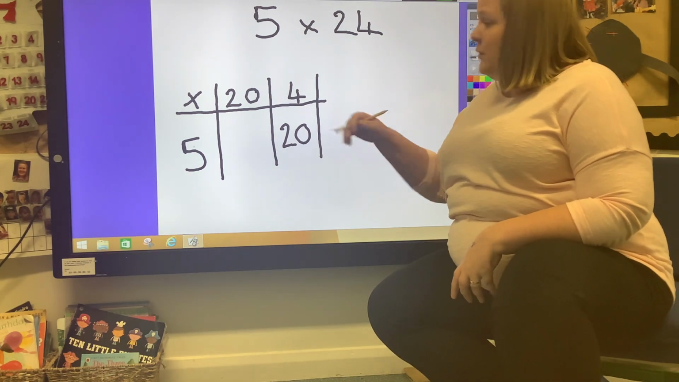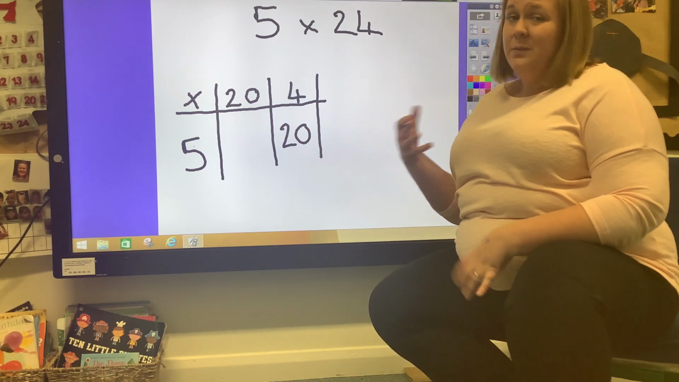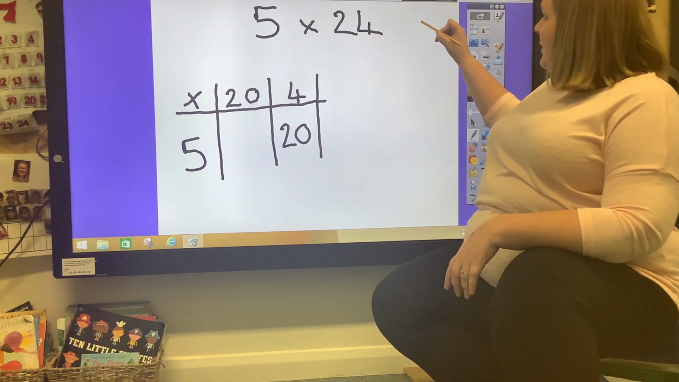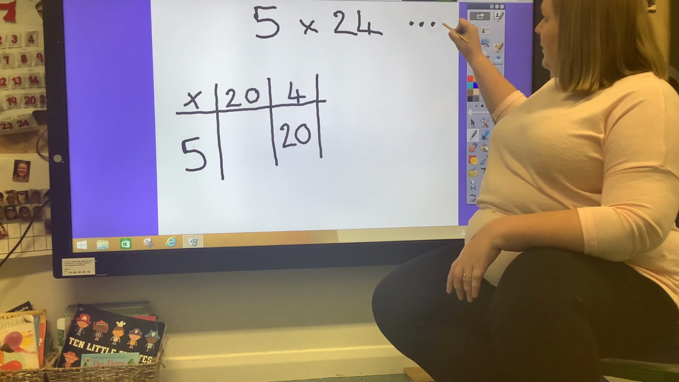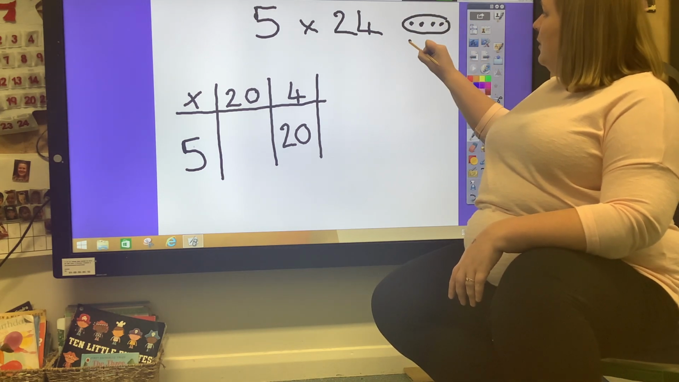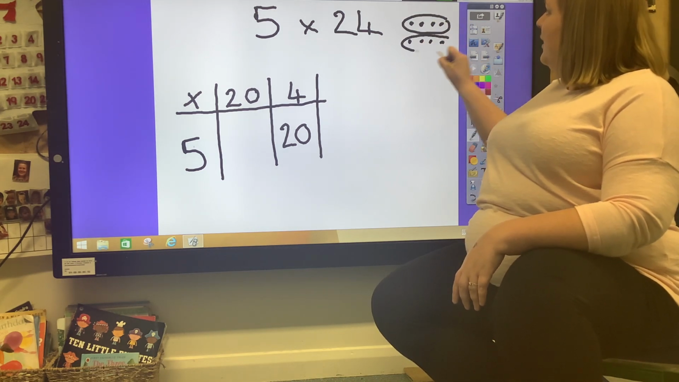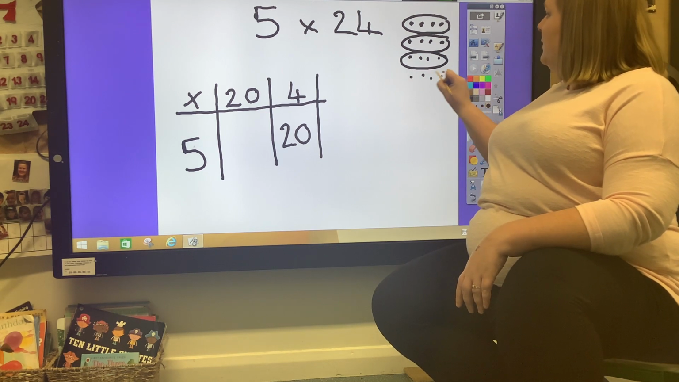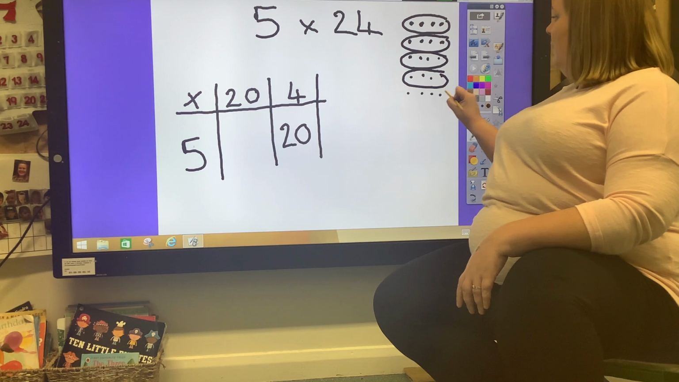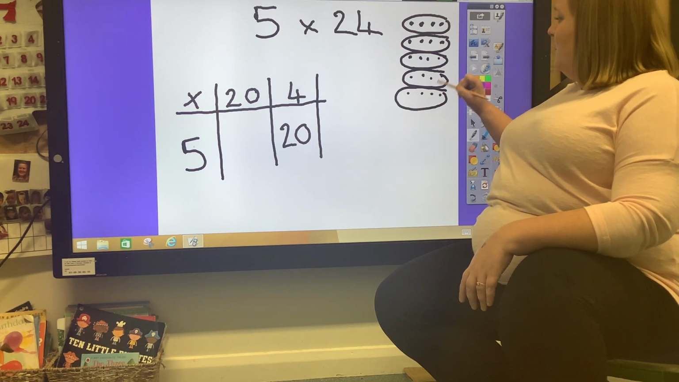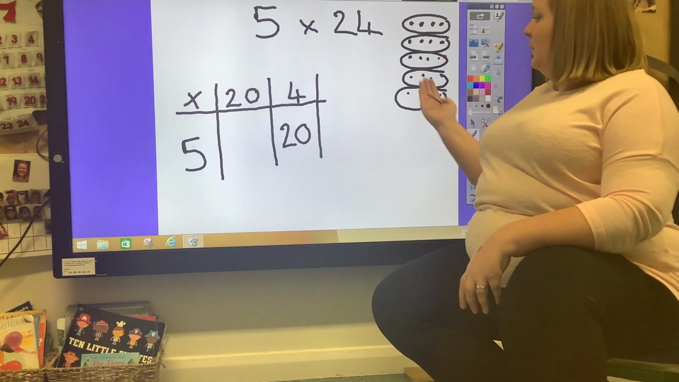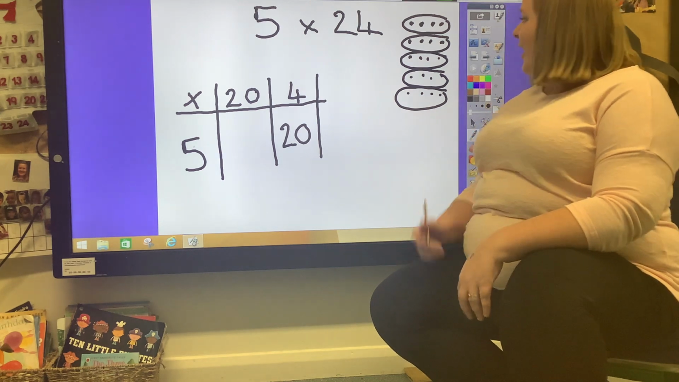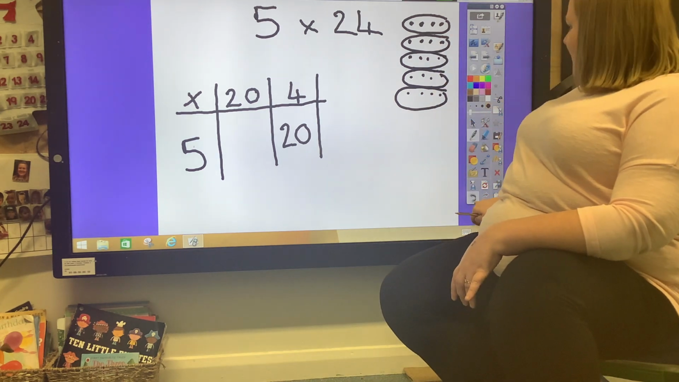If your children do struggle to recall their times tables still, of course we'll be looking for something like a picture there. I might want 1, 2, 3, 4, there's one lot of 4, and draw 5 lots of 4. I can then count the total of 1, 2, 3, 4, 5 lots of 4, and then of course the answer will be 20. Ideally though, we shouldn't be relying on things like this